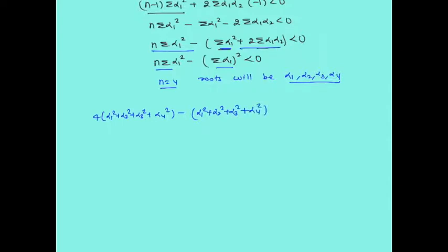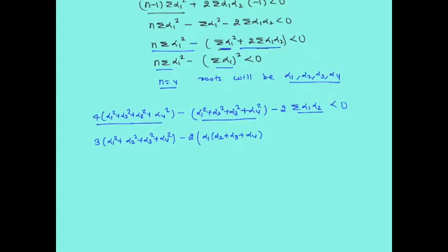This minus will take inside, so we'll get minus 2 times sigma alpha 1 alpha 2, that is less than 0. So this is 4 times and this is 1 times. So this will come as 3 times (alpha 1 square plus alpha 2 square plus alpha 3 square plus alpha 4 square) minus 2 times of this we can add as (alpha 1 into alpha 2 plus alpha 3 plus alpha 4, plus alpha 2 into alpha 3 plus alpha 4, plus alpha 3 into alpha 4) in bracket